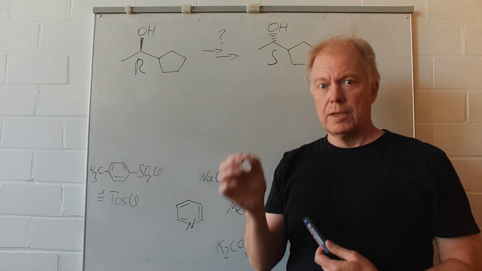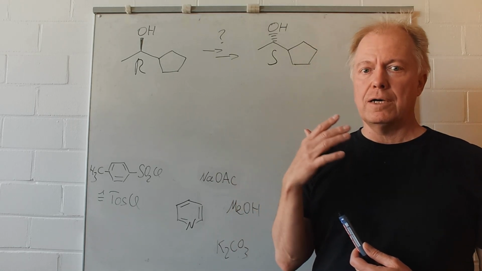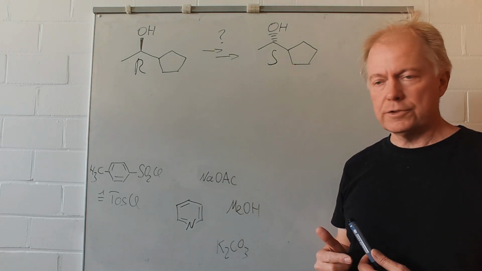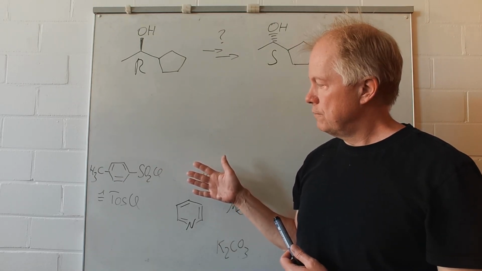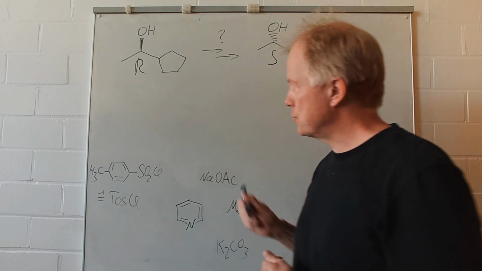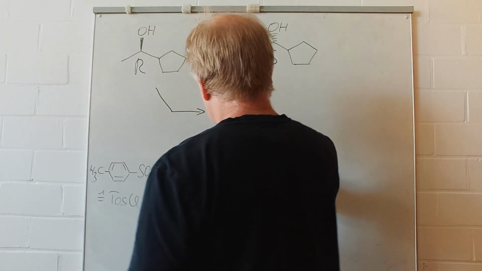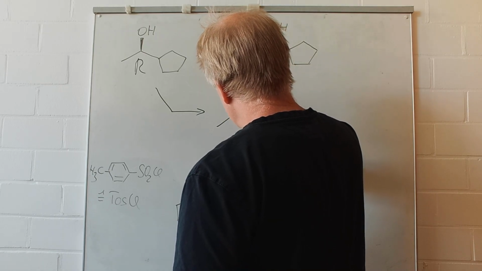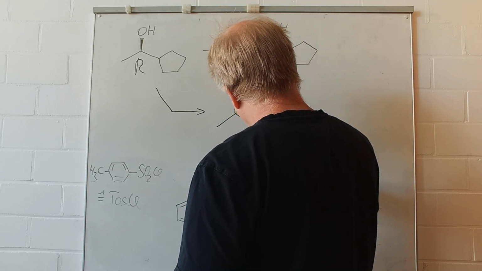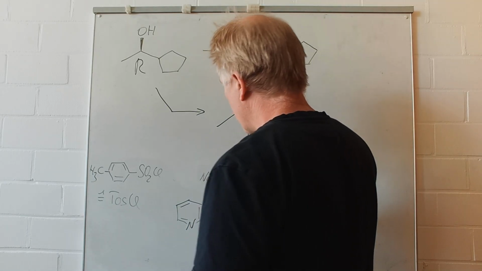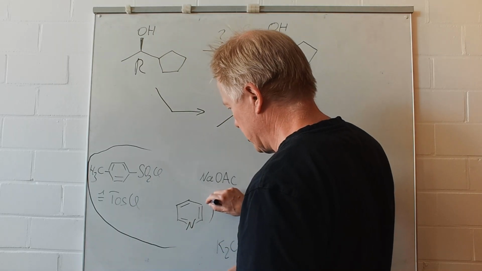But sulfonic acid esters of alcohols are good leaving groups, so it is a good idea first to synthesize the sulfonic acid ester, for instance, the tosylate. You need, of course, the sulfonyl chloride